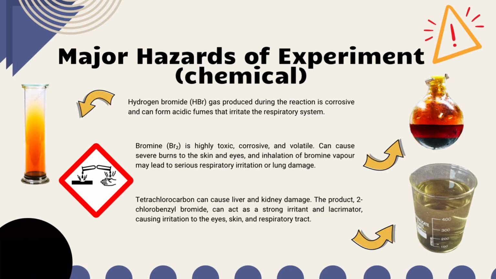For this slide, I will explain the major chemical hazards involved in this experiment. Hydrogen bromide gas produced during the reaction is corrosive and can form acidic fumes that irritate the respiratory system. Bromine is highly toxic, corrosive, and volatile, can cause severe burns to the skin and eyes, and inhalation of bromine vapor may lead to serious respiratory irritation or lung damage. Tetrachlorocarbon can cause liver and kidney damage. The product, 2-chlorobenzyl bromide, can act as a strong irritant and lacrimator, causing irritation to the eye, skin, and respiratory